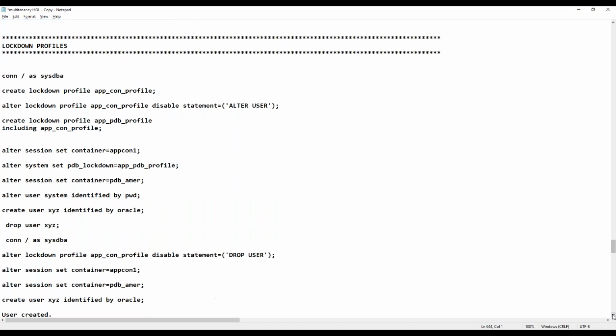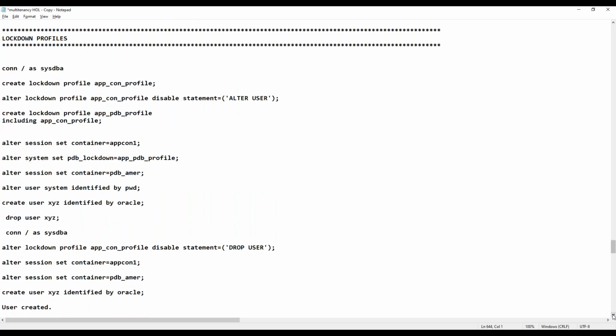So let's look and see how lockdown profiles are implemented in a pluggable database. So lockdown profiles have been there even in 12c, but some enhancements in 18c and 19c was where you can actually create a lockdown profile based on an existing lockdown profile. So then you can have like a master profile, and that is referenced by other profiles. So if you want to make a change, you just make a change to the master profile. So I'm going to go and create a profile now in PDB2,